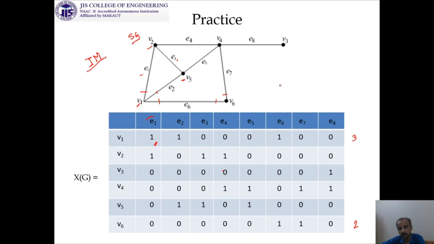So it is needless to say that as the number of edges and the number of vertices are not the same, there is no question of any symmetric matrix formation. Even if they are the same, there is no such question of being symmetric, because you are not establishing the relationship between vertex to vertex. You are establishing the relationship between vertex and edge. So this matrix in general is going to be a rectangular one.